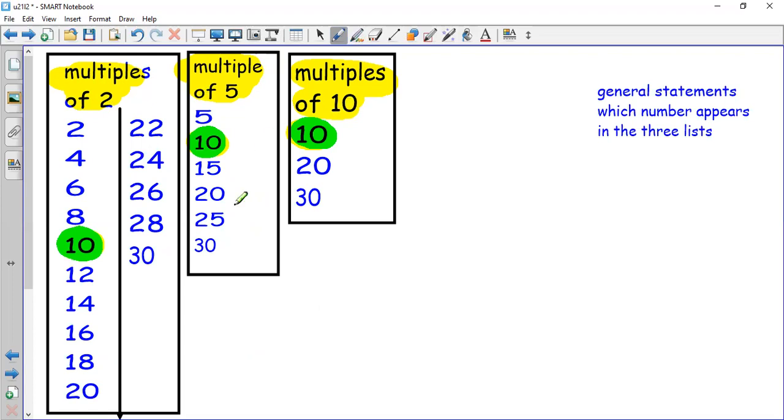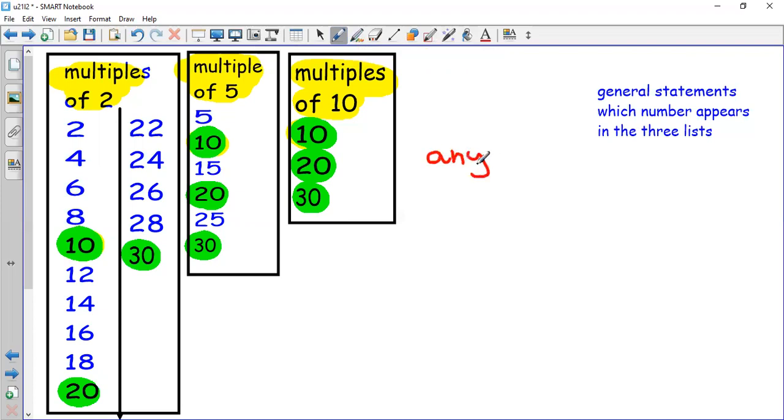If I extend the list, if I complete the list, I will find that 20 is here, also 20 here, 20 here. And 20, I can make by doubling 10. If I complete the list, I have 30, 30, 30. 30 also exists in the list of these multiples. So what can I say? I can say that any multiple of 10,